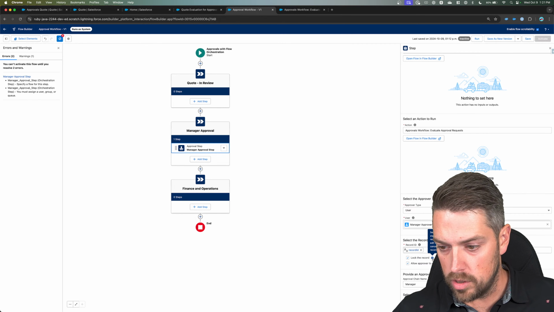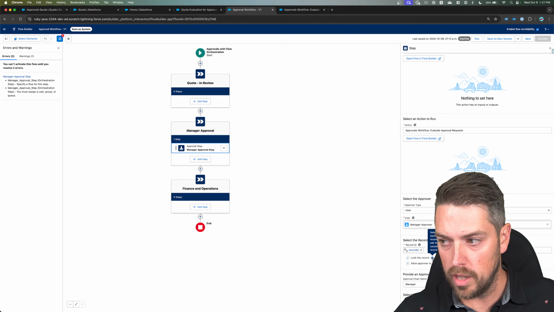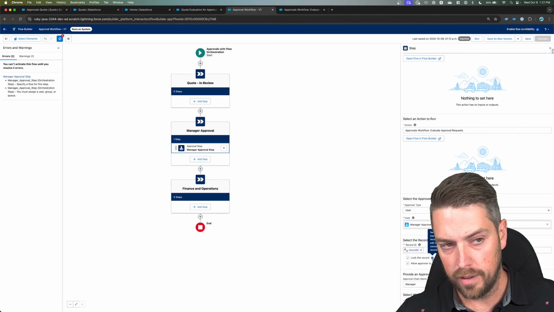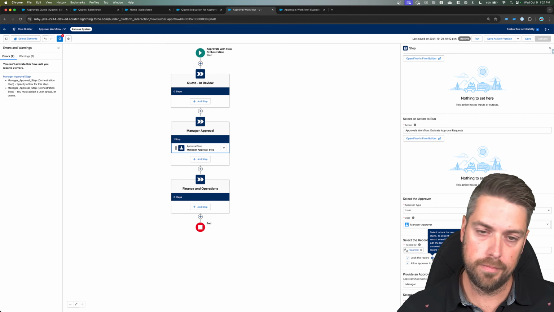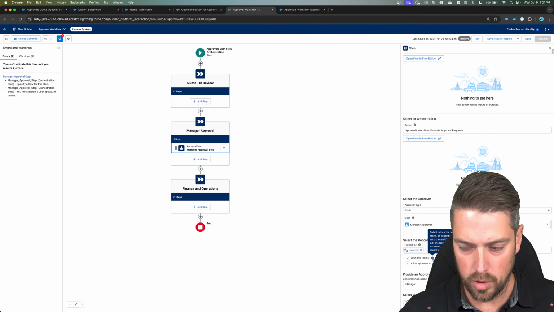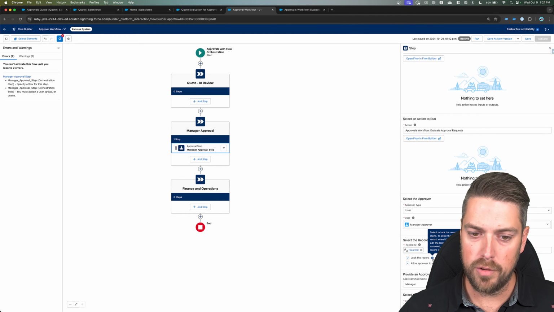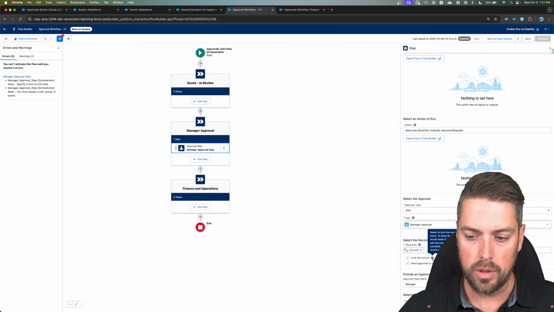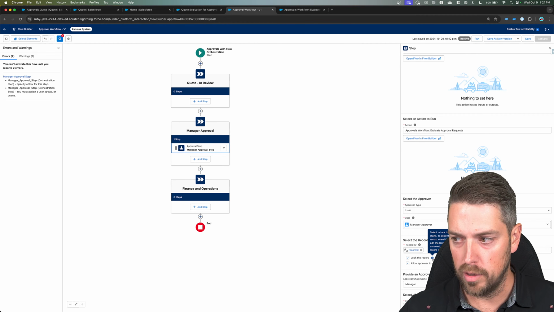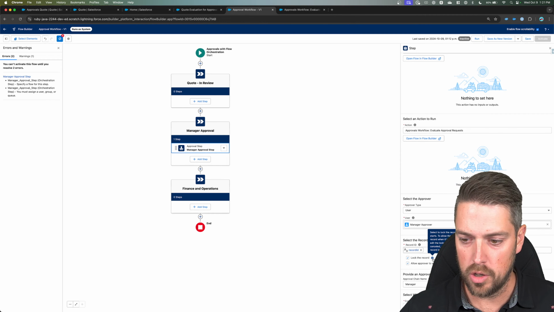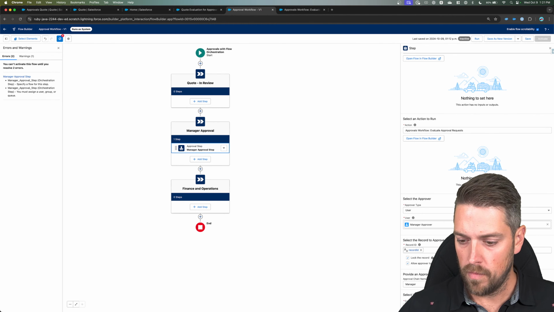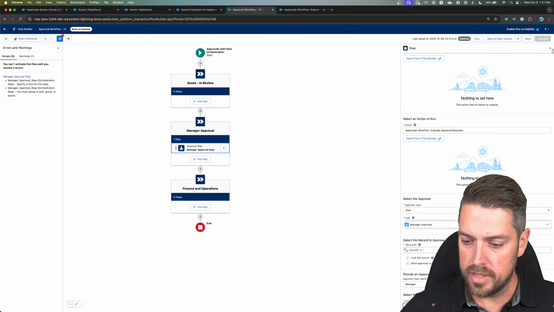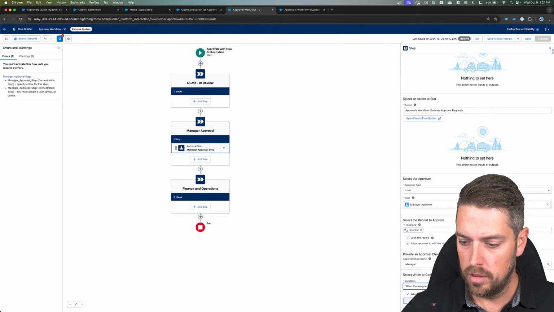Locking, as far as I know, does not lock the quote lines, it only locks the quote itself. So any changes to your lines would theoretically trigger an update to your quote as well. But if you want it to be thorough, you would actually have to go in and create maybe a subflow that locks your quote lines to be sure that no changes are made to them. And then finally, when the step is completed, we'll leave that to